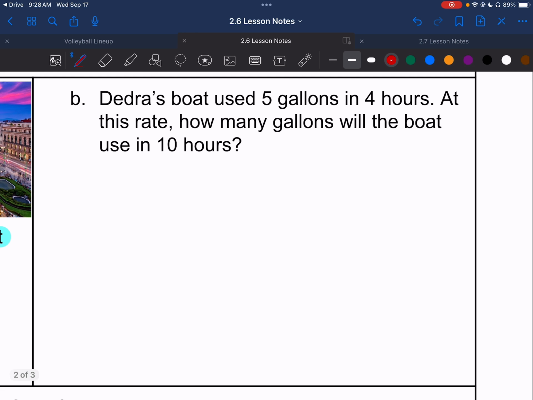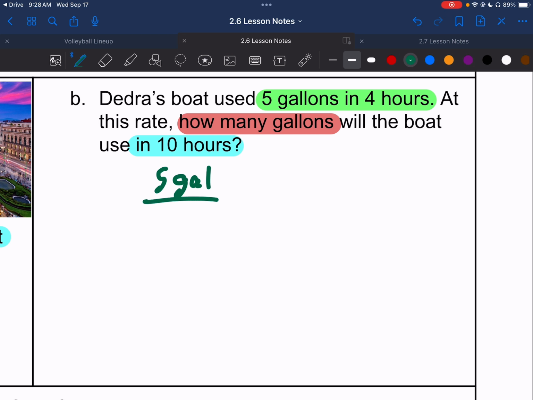All right, so now if we're looking at letter B, we've got Deidre's boat is using 5 gallons of gas in 4 hours. At this rate, how many gallons will the boat use in 10 hours? The rate we're given is 5 gallons in 4 hours. And we are trying to find how many gallons will the boat use in 10 hours. So we're going to be able to set up our proportion the same way again. So we have